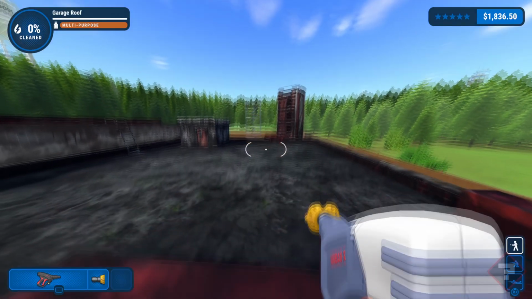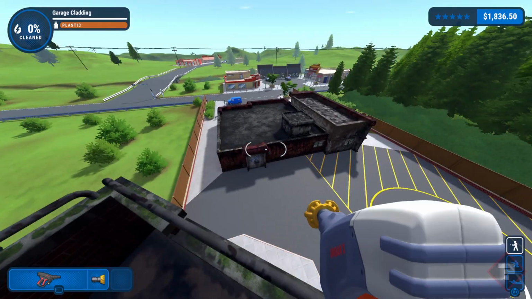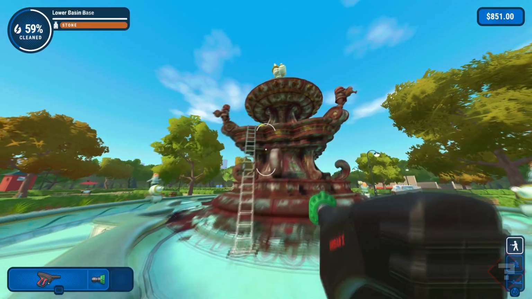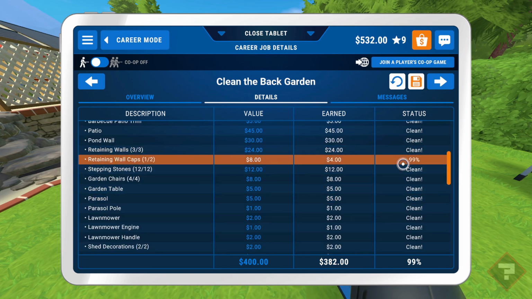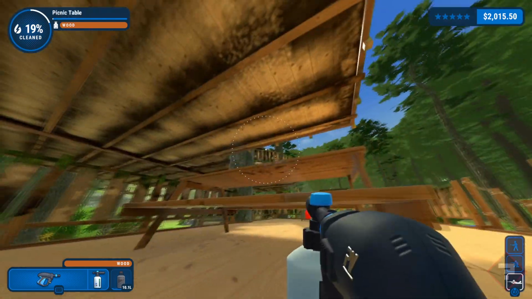What? Some of these do bring up a lot of questions though, like how exactly did the fire station get this dirty? What exactly were the fire department doing for it to get like this? With each level also comes a list of things to clean in order to complete it. You can go down this list at your own pace and complete whichever you want in whatever order. And when you complete a task on the list,